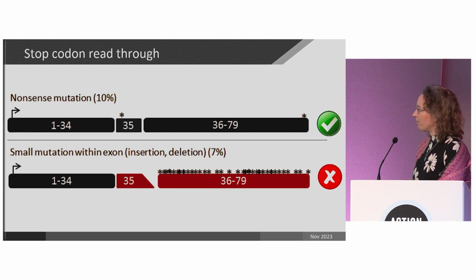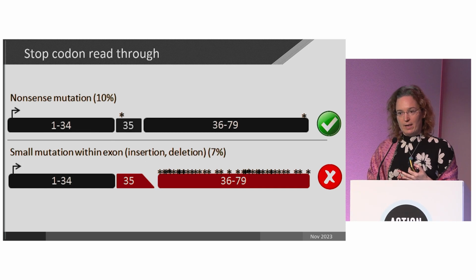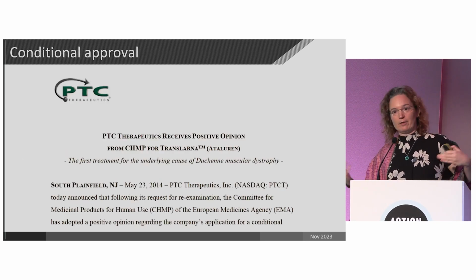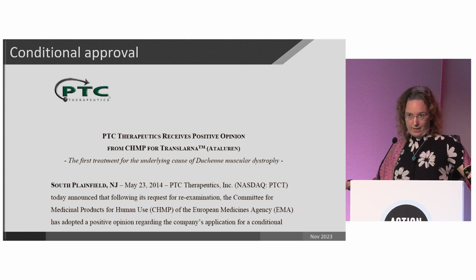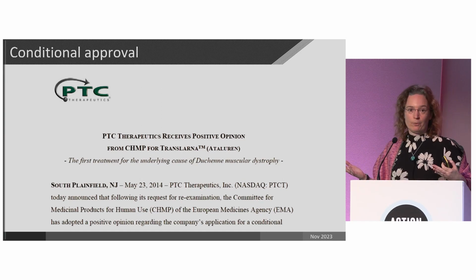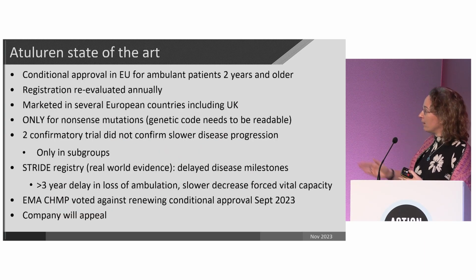You can see here, this is a stop mutation. You see the genetic code is not disrupted. There's just this one change here that causes a stop, an asterisk here. Every mutation that has deletion or duplication in it, whether it's small within an exon or whether it's large, a deletion of exon X, Y, or Z, duplication of X, Y, or Z, these are not eligible for stop codon read-through. So about 10 to 15% of patients do have these nonsense mutations, however, and for these there is stop codon read-through,